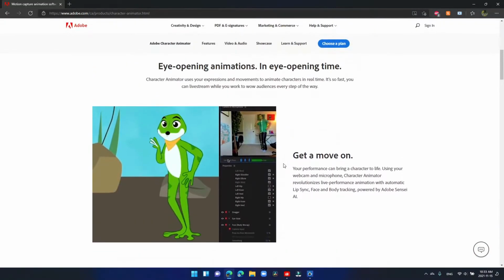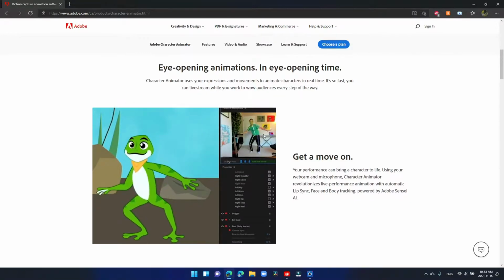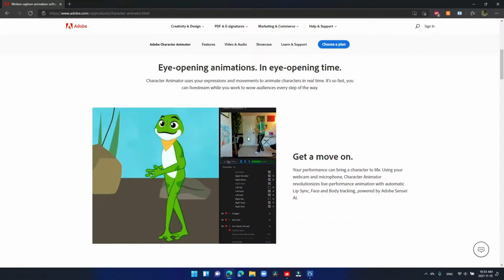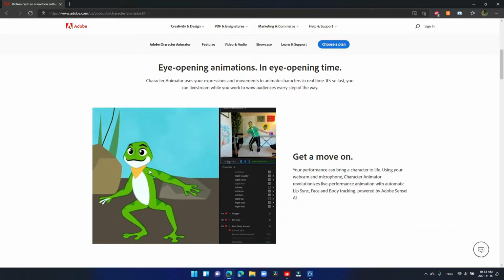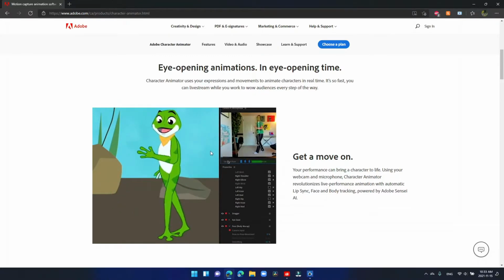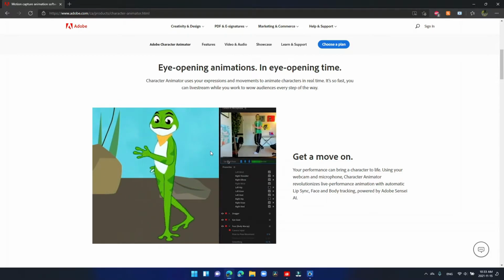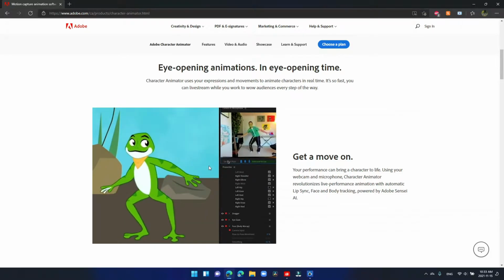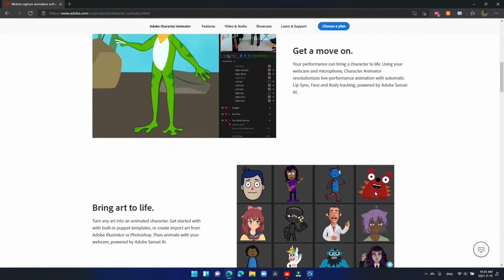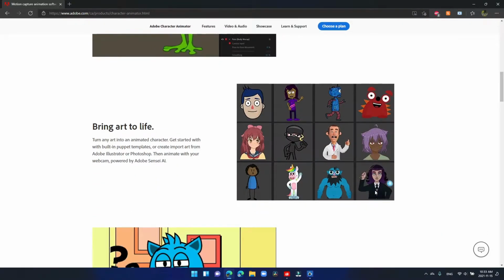So as you can see in this video, the guy over here is being animated by his character. So basically, whatever is in front of his webcam or his body movements is being animated by the character that he has chosen to the left here. So this is a really nice app if you'd like to animate whatever is in front of your webcam or even